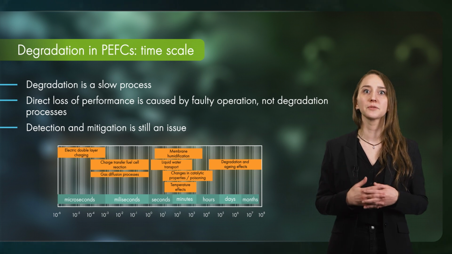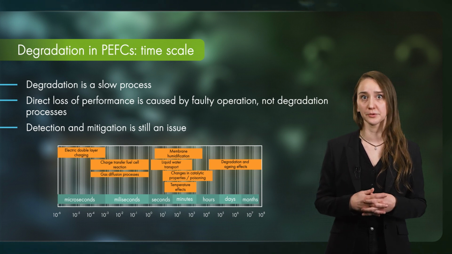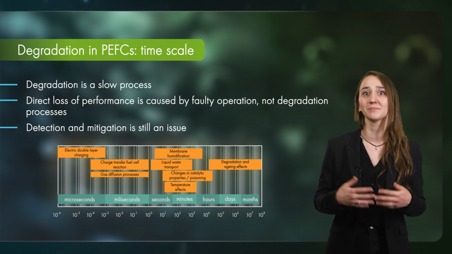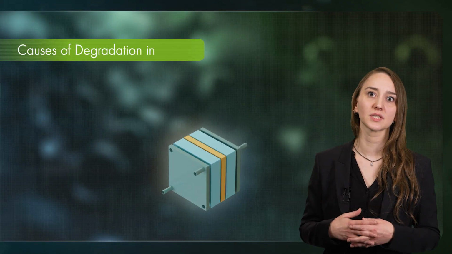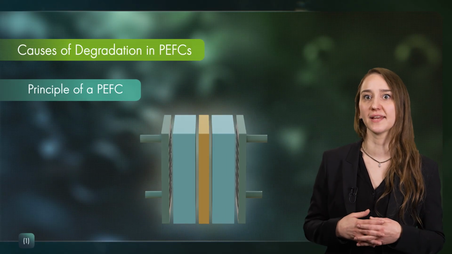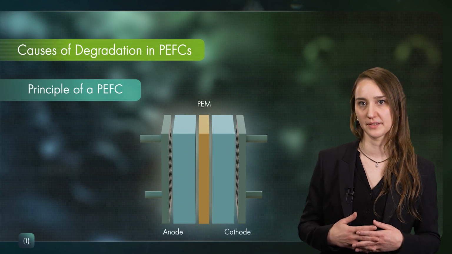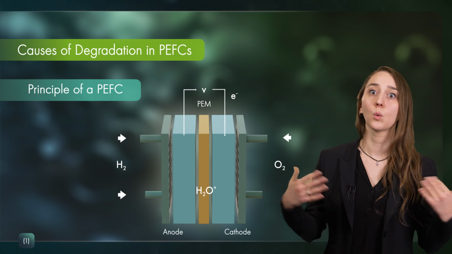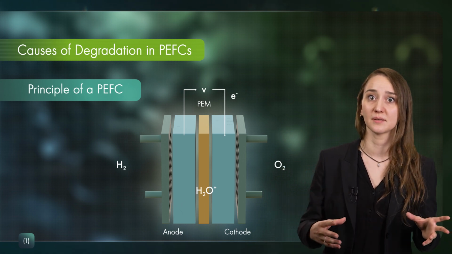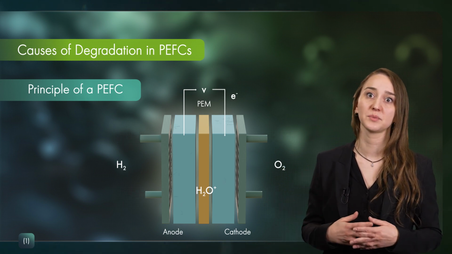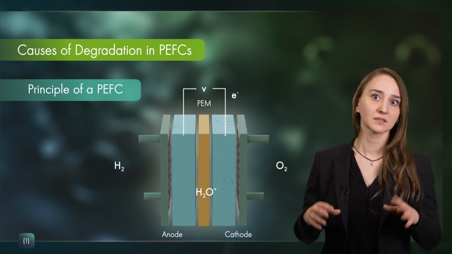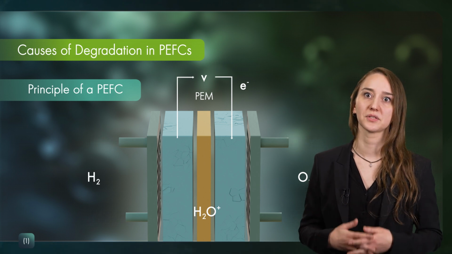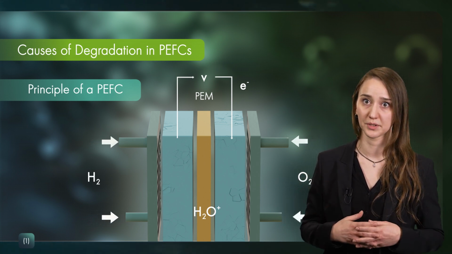But also, if we make no mistake in how we operate our fuel cell, it won't last forever, as materials undergo degradation, or put simply, they age. Now, let's have a more detailed look into how materials age and what is accelerating these mechanisms. In the end, every component that goes into a fuel cell, or more holistically, a fuel cell system, can age and can potentially be the lifetime limiting factor. This includes seals, pipings, etc. But here and now, we will focus on the electrochemically functional components.